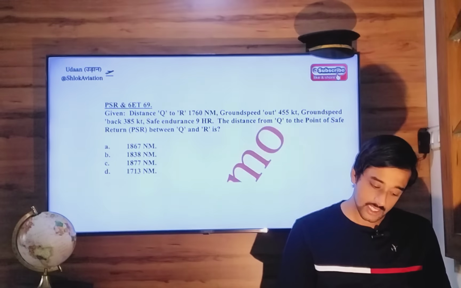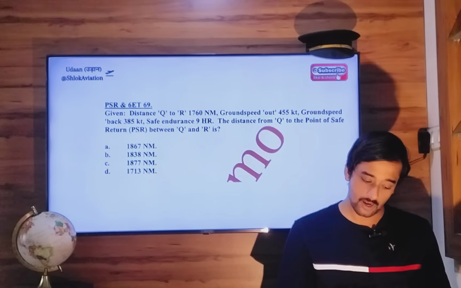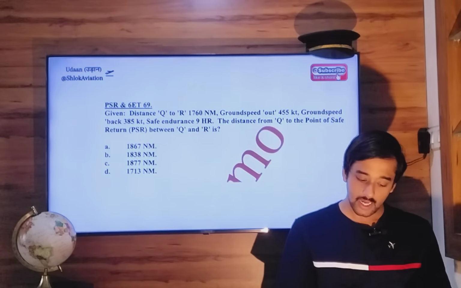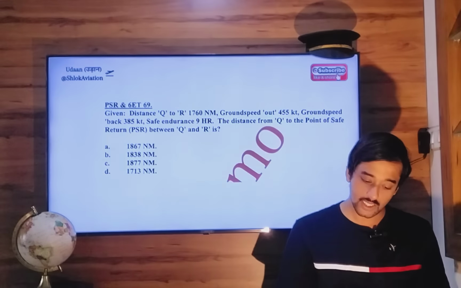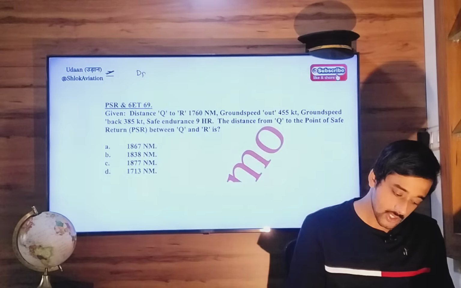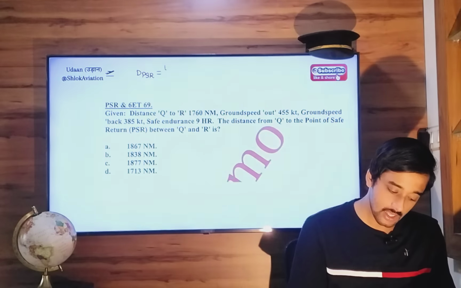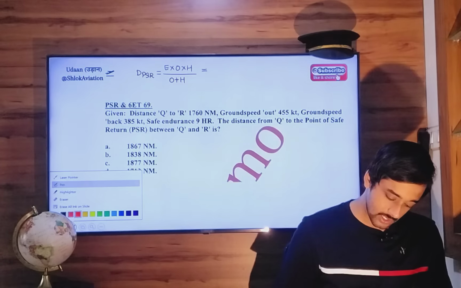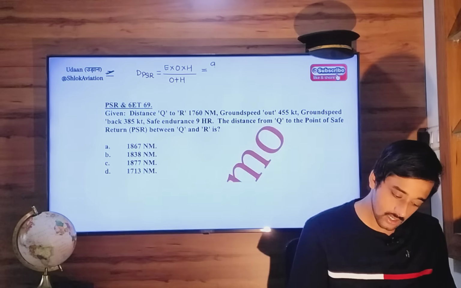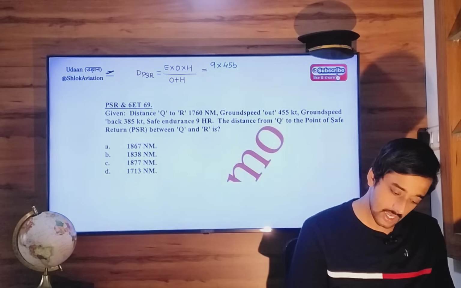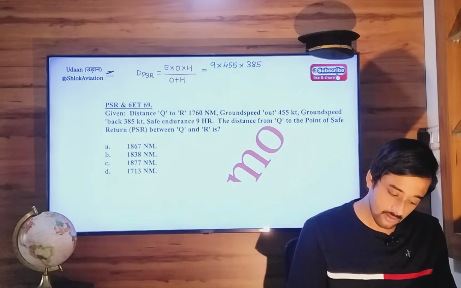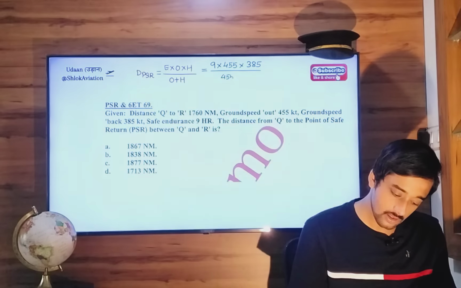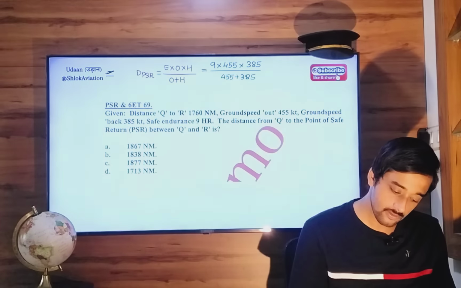Distance Q to R 1760, outbound speed 455, homebound speed 385, endurance 9 hours. What is the distance to the point of safe return? So distance to the point of safe return again, endurance into outbound into homebound divided by outbound plus homebound. So what is endurance here? It is 9 hours. Outbound speed is 455. Homebound speed is 385 divided by 455 plus